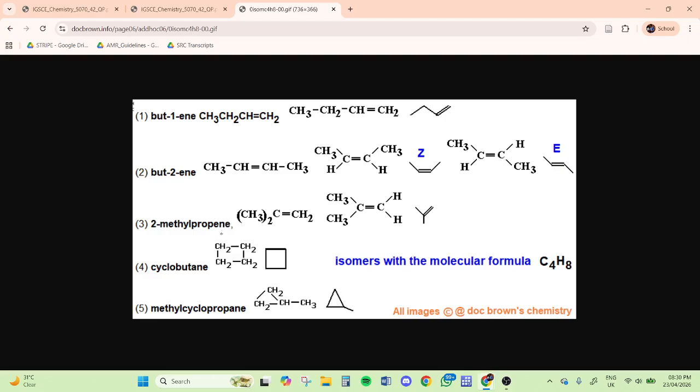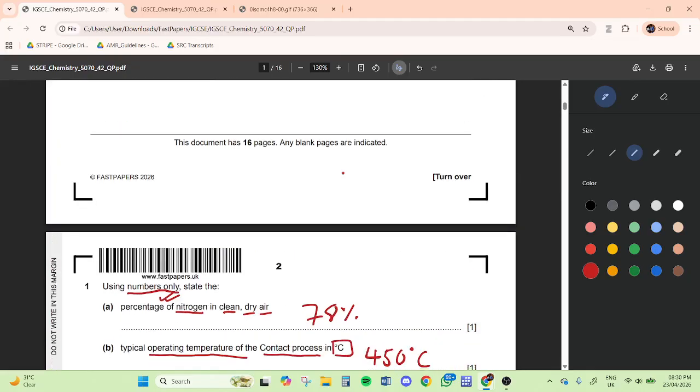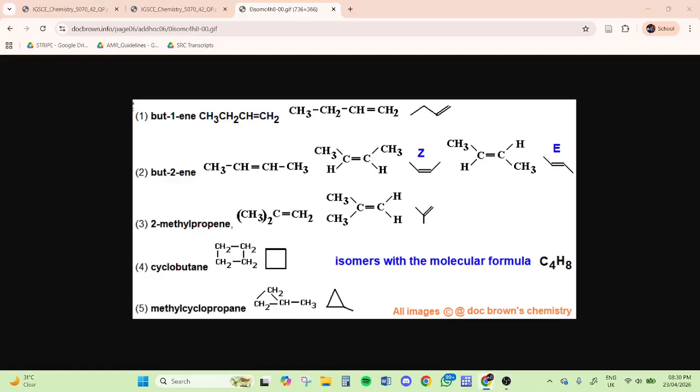The reason that this doesn't qualify as unbranched is because it is branched if you take a look at it. So if I'm drawing it, let me go to the paper over here, and let me just go up a bit. So let's draw it over here. 2-methyl propene,